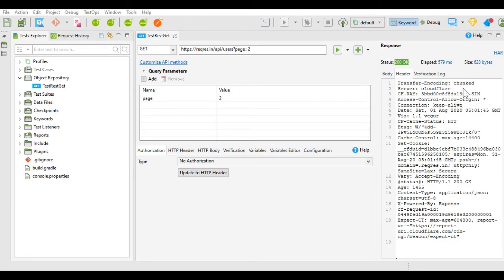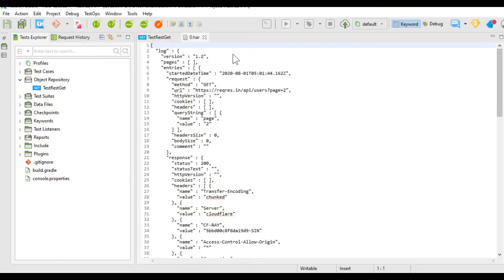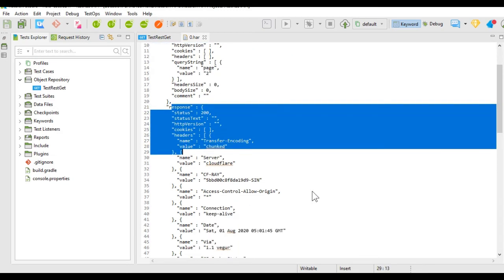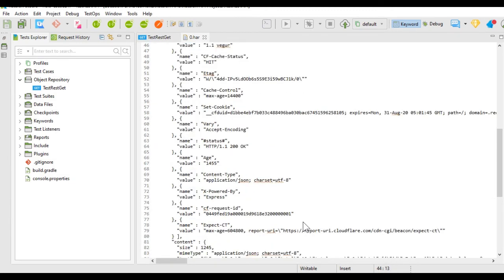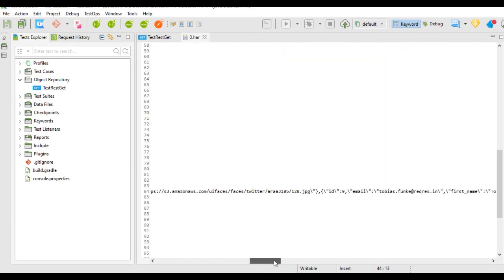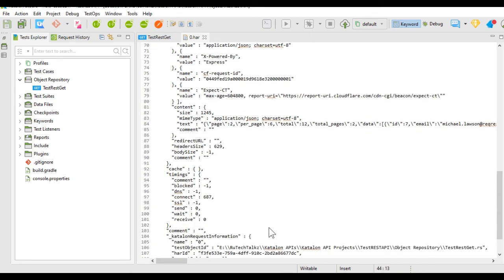After execution of the request, you also get this HAR log file. If you click on this HAR, you get the 0.har log file, which gives you the details of the request that you sent, the response details that you received, then the headers which have been generated, and the actual response that you have received, the time taken for the request.